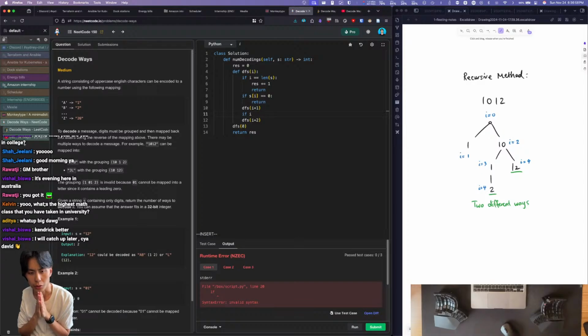I plus 1 and I plus 2. If s of I plus 1 is equal to 1,